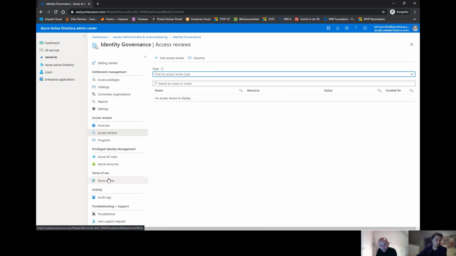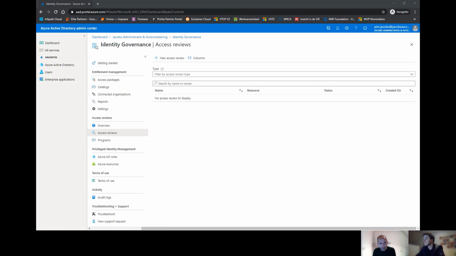Yeah, people have to accept it, for example, each year, because each year it can be renewed, or they at least have to accept it before they can start using stuff which is connected to Azure AD. And you can say, I put a renewal on it, making sure that the user does it every day, for example. Yeah, so you can enforce it the first time, and secondly, you can update your terms of use and then have it re-evaluated by the end user. Exactly. And that is what Azure AD identity governance is all about.